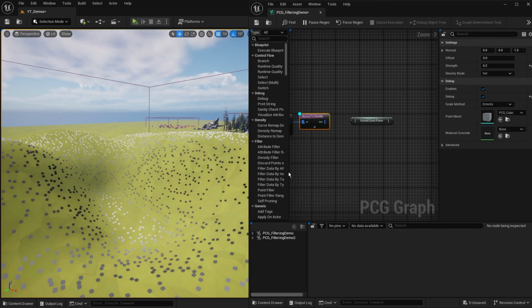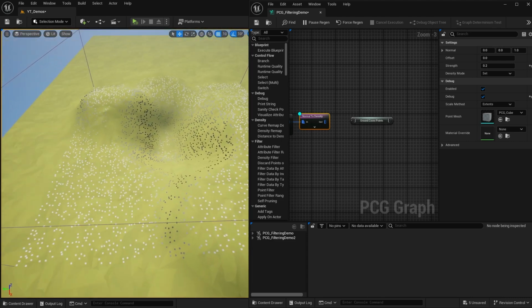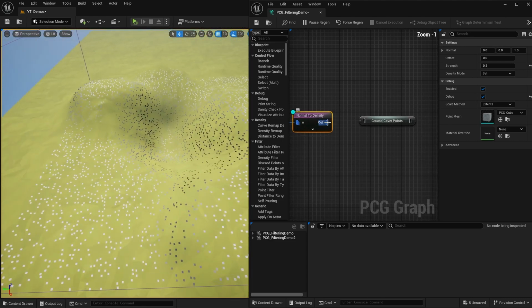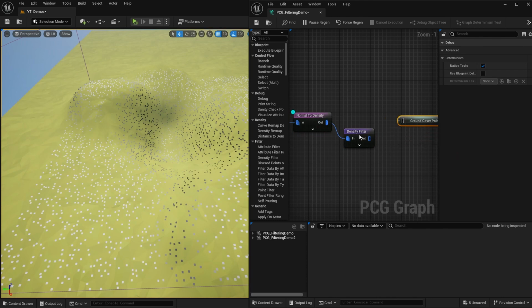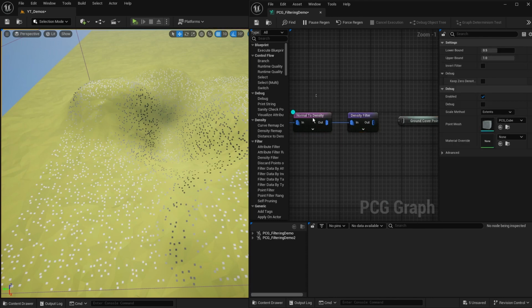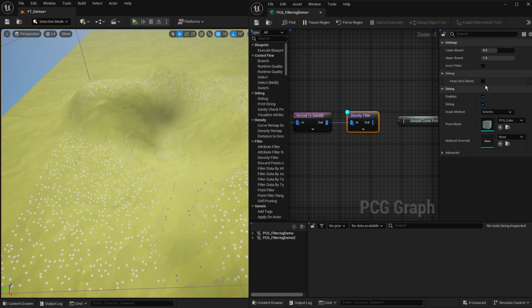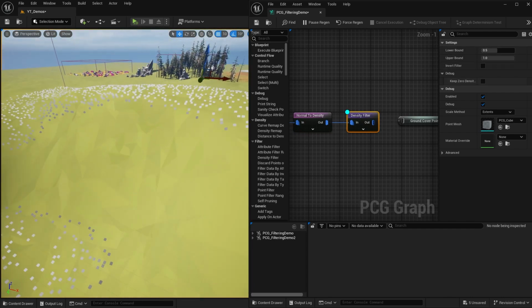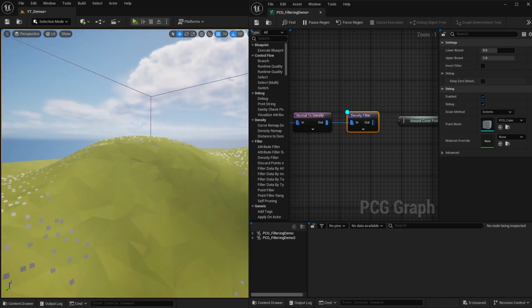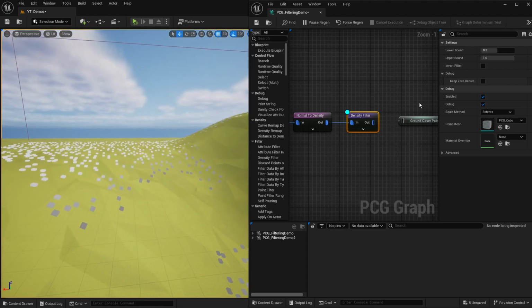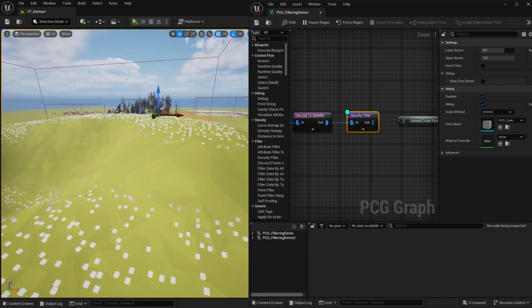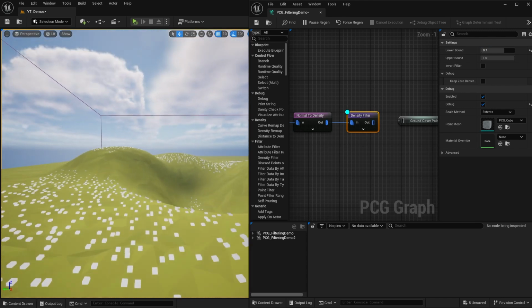Yeah, and the normal density is obviously mapping white at the top and grey and black on the sides. So how do we take this and now start using it so we only make the flowers and the ground cover appear on the flat areas? Well, what we're going to do is use a density filter, and that density filter is going to be useful for us to basically say, all right, where do I actually want these things to appear? If I was to debug and just show this as default, 0.5 to 1, you can see I've cut out all of the dark grey and black areas, and I've now only got points where it's obviously on this gradient. And I can still see there's some dark grey areas, so you can push this up a little bit if you want. 0.7 there pushes it up,